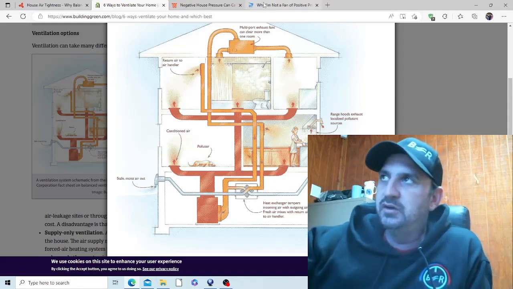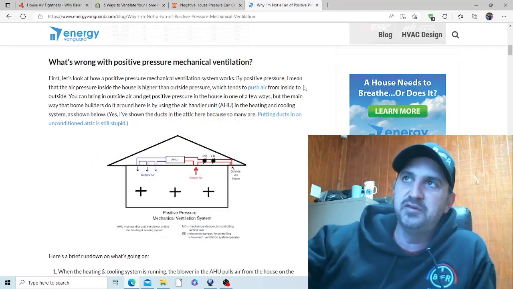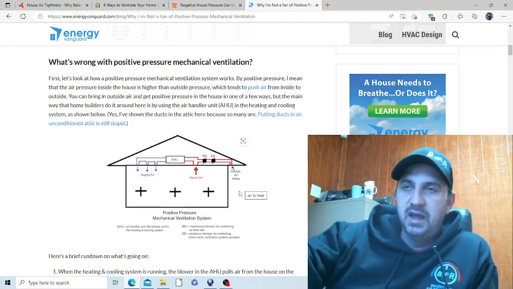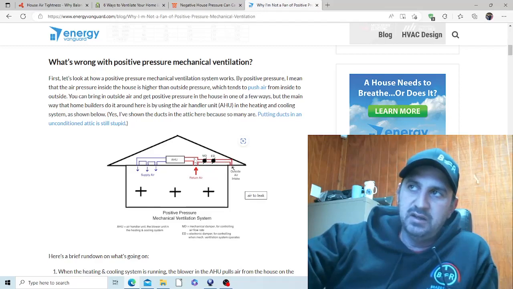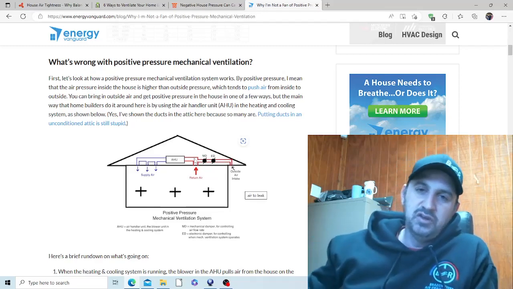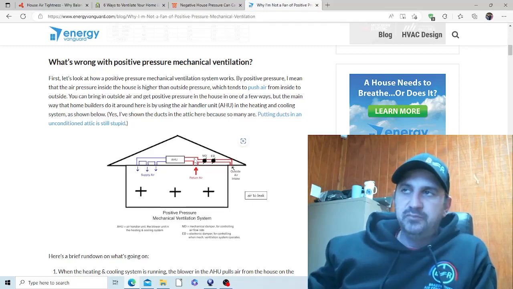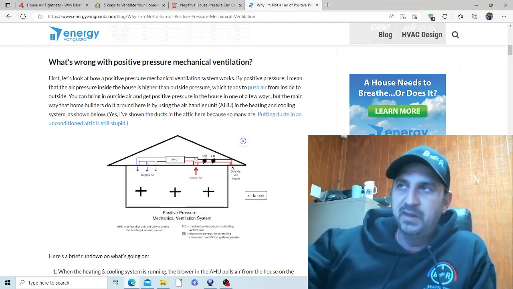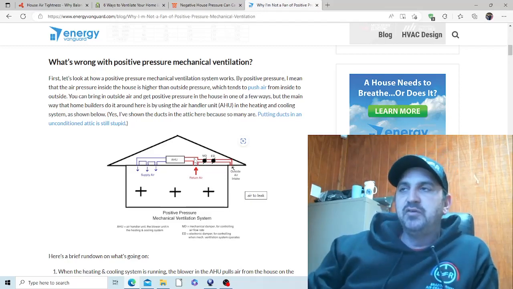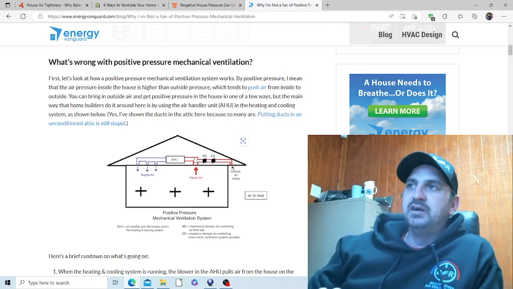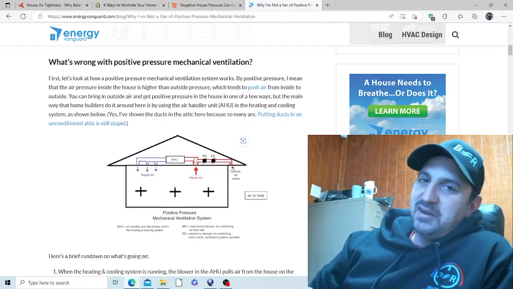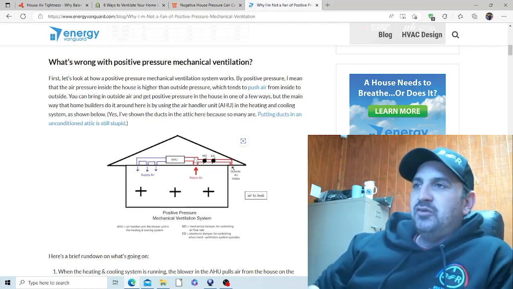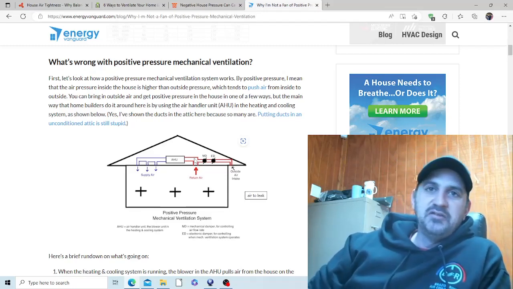So you can do what's called a positive pressure system. A positive pressure system is basically taking an outside air intake, and it is sucking air into your home and adding it in. Usually it's added into the return air part of your AC system, and it distributes through the home via that. Most of the time this is done with an electronic damper on a timer. It's a lot better option than a mechanical damper that's just wide open all the time anytime there's pressure, but it still leaves something to be desired, because